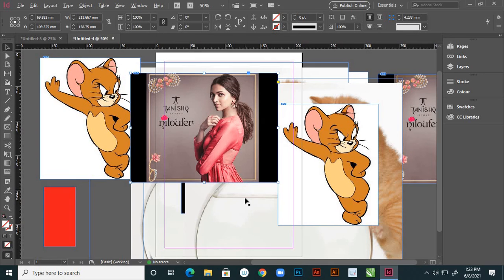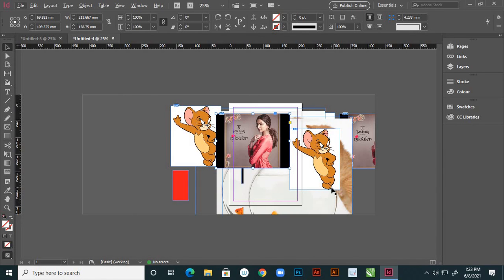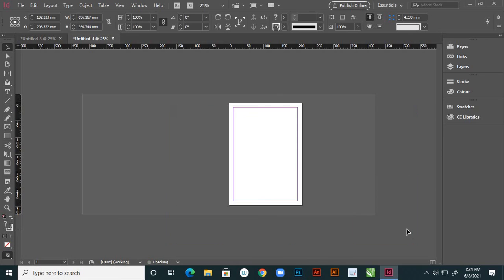So the benefit of this, you can collect all the contents from one page, and the same content by using this content placer tool, you can place in another page. That is the benefit actually, right? You can delete now. So you delete all.